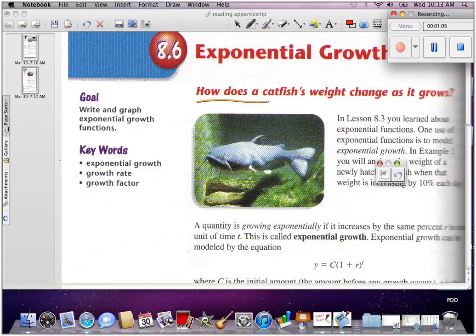Exponential growth. How does a catfish weight change as it grows? One of my predictions might be, this book is going to tell me a formula for how to figure out how big something gets. So for a prediction, I might put here, prediction. My prediction might be, I'm going to find out